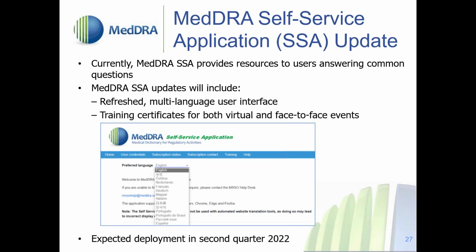As you know, for the past 2 years, because of the pandemic, most of our webinar trainings have been virtual. And currently, after the completion of the session or webinar training, we take about 3 days and then we email the registrant their certificate. So after second quarter 2022, you will be able to do that on your own in that self-service app. So hopefully users will find this very handy. Okay, next slide, please.